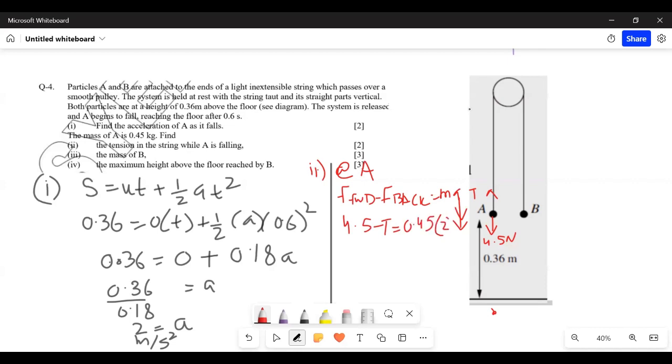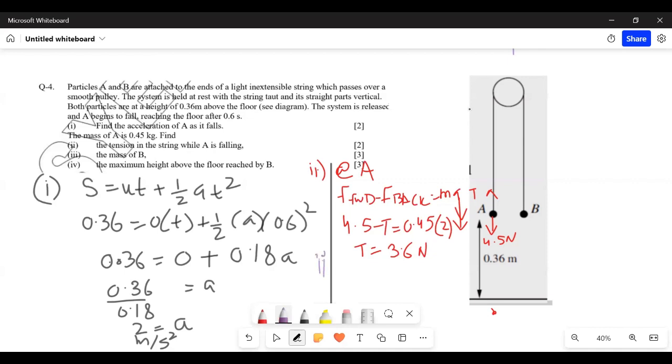Yes, फॉरवर्ड फोर्स माइनस बैकवर्ड फोर्स इज इक्वल्स टू ma। अब T निकाल के बताओ। 3.6 न्यूटन।